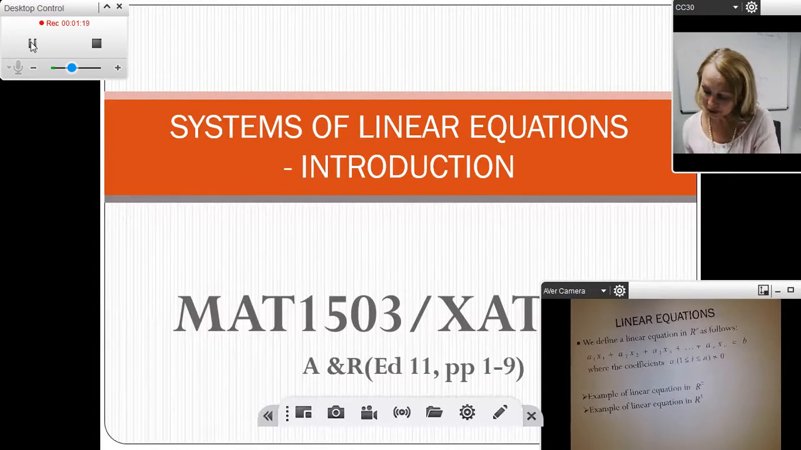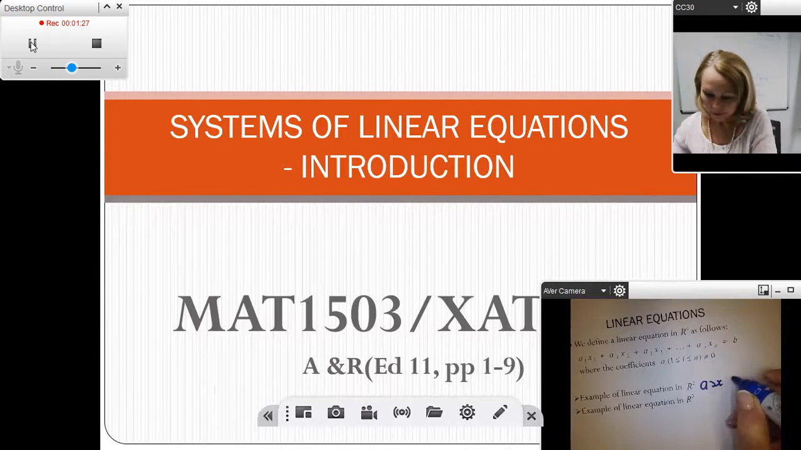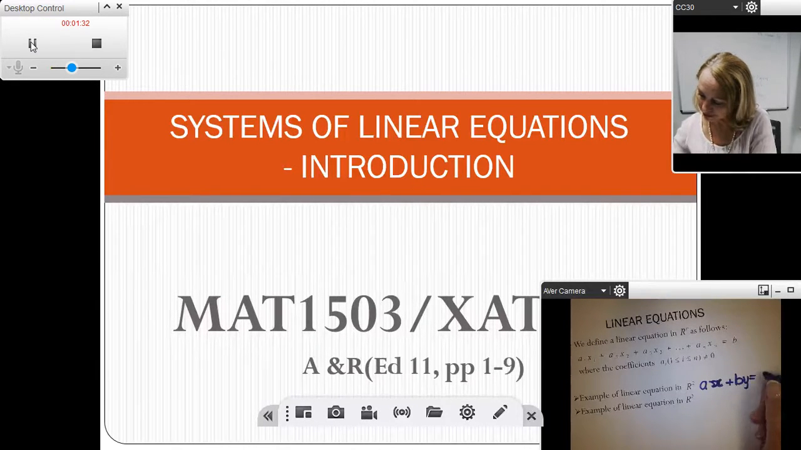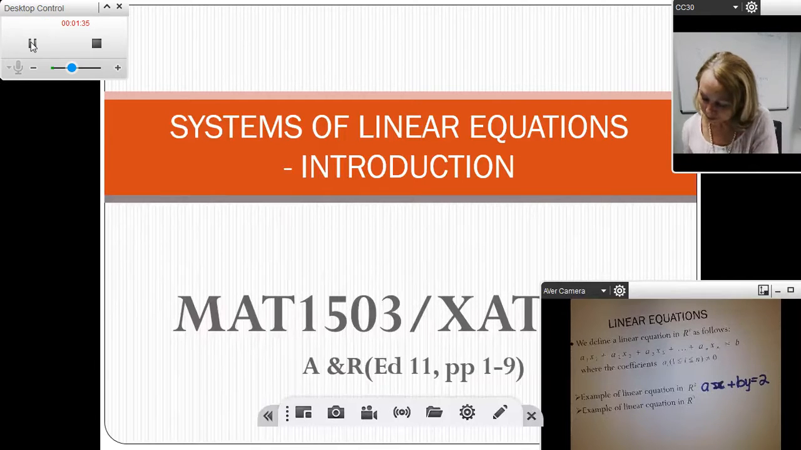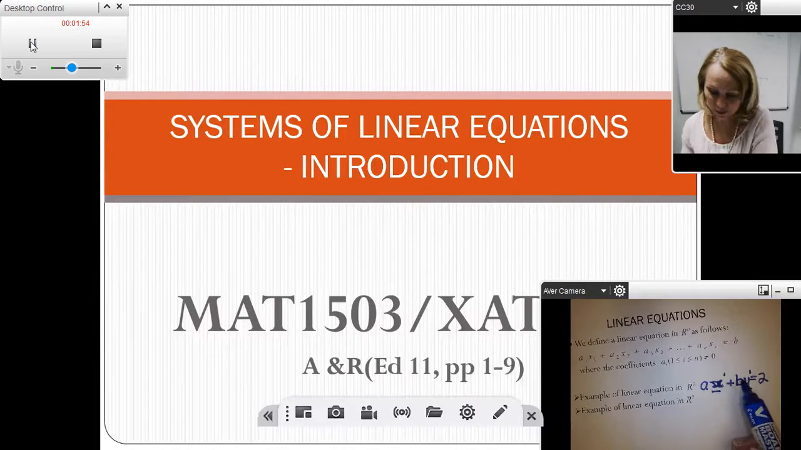Let's have a look at an example of a linear equation in R2. ax plus by equals 2 would be an example of a linear equation in R2, because there are two variables, x and y. The coefficients a and b are non-zero, and each of the variables has degree, or power, 1. We do not write the exponent 1, but I'm just showing you that that's why